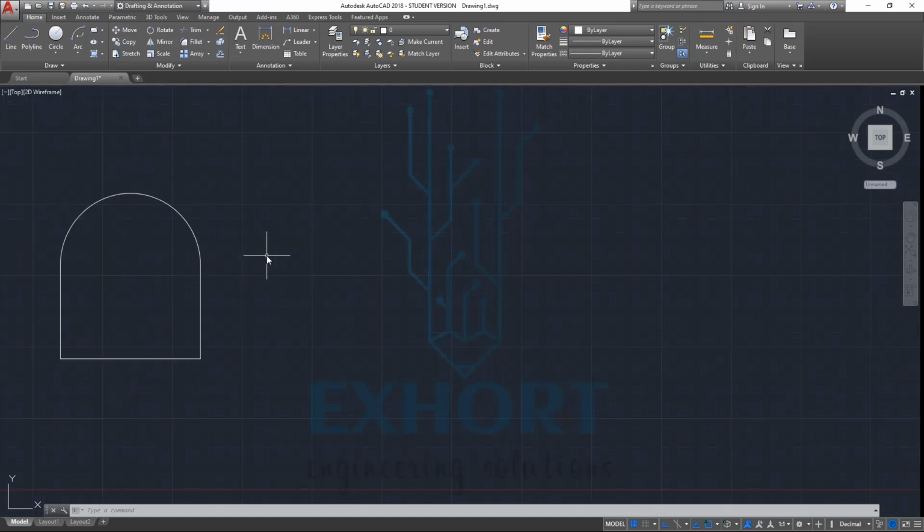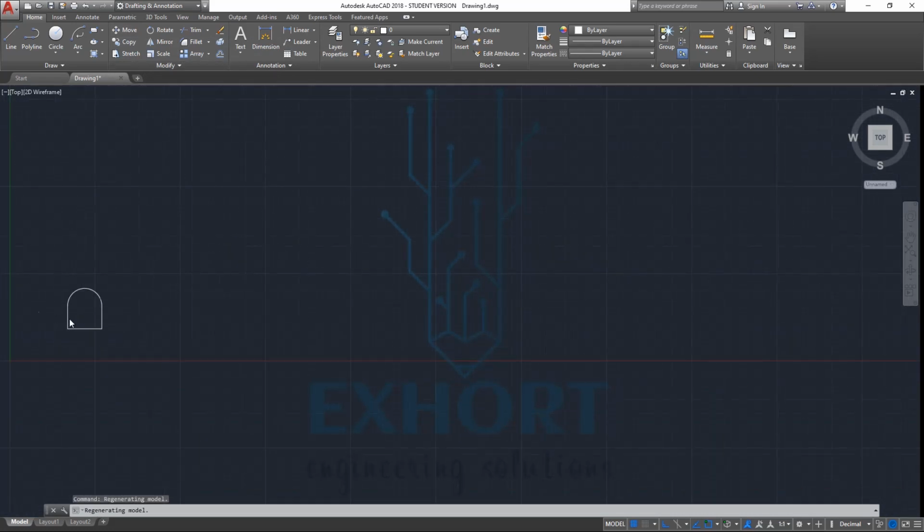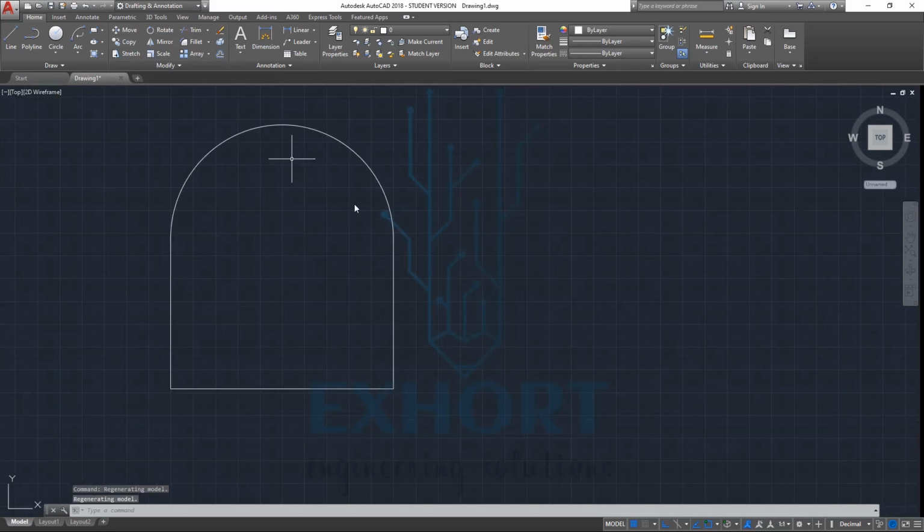Okay, for move, as you will notice, we move any geometries or files from one folder to another folder. We use this move command. So we will see how to use this. Just select the move command and select the objects you want to move. Suppose I want to move this complete object. We are going to select each one of them. I have drawn first this line, then the second line, then the third line, and then an arc. So I have selected these four.